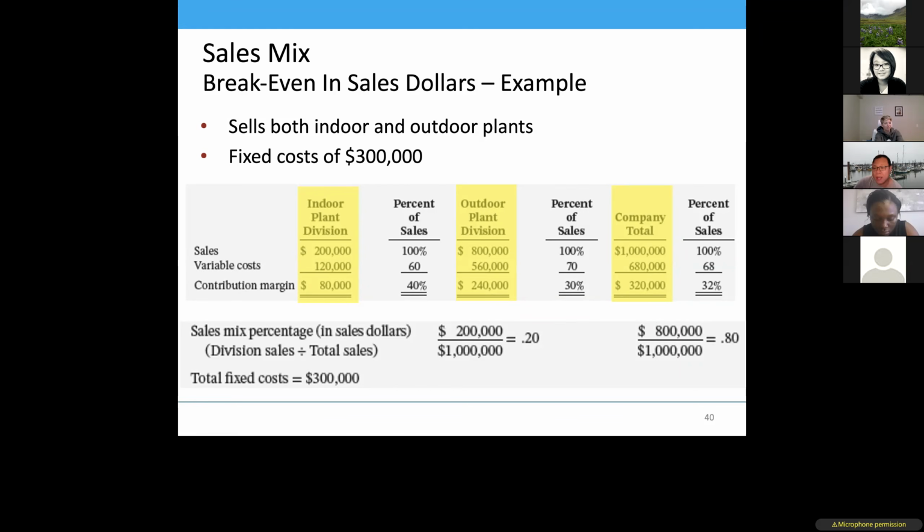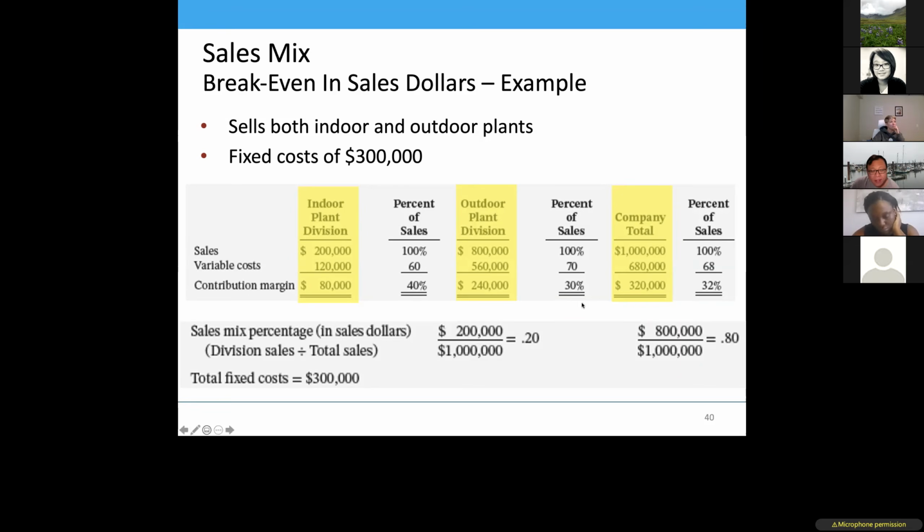I got total fixed cost divided by the per unit sale price. Yeah, so per unit sale price. That's not true. Okay. Rachel? Fixed cost divided by weighted average contribution margin ratio. That's good. Yeah, that's good. Remember, when we figured out the sales, we use the total fixed cost divided by contribution margin